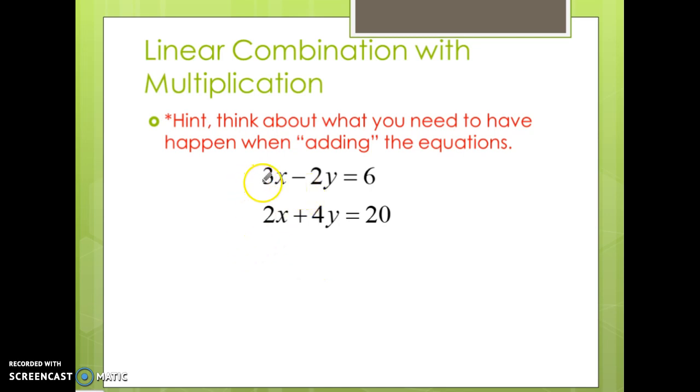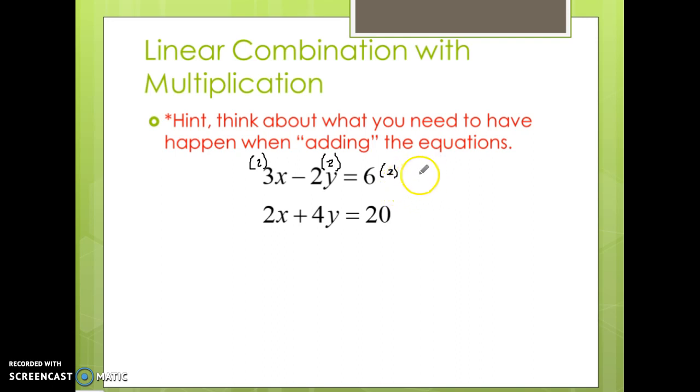So if I look at these three terms and compare with these two numbers, if this were a 4, when I add them, they'd cancel out. So to make that a 4, I would need to multiply by 2. But in order to keep that equation balanced, I would have to multiply everything by 2. So I would have to multiply this one by 2, and this term by 2, and this term by 2,